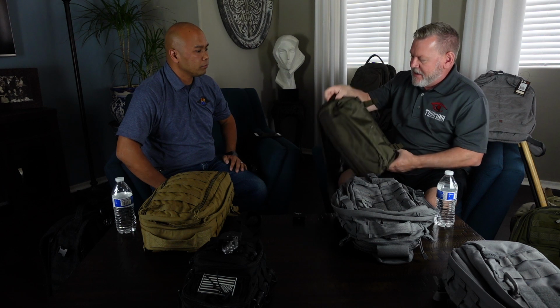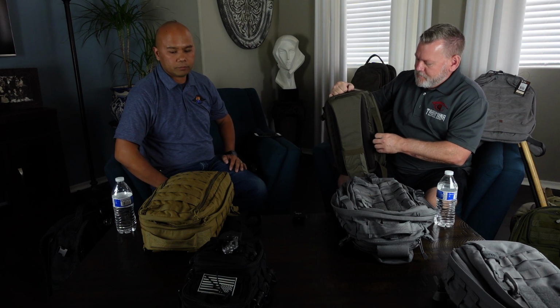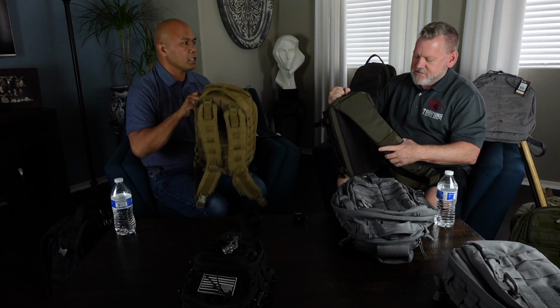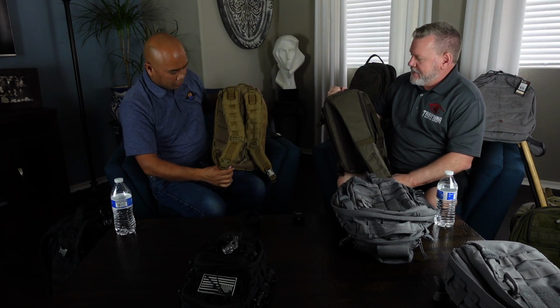I love this bag so much. I love the size of the bag. I love the versatility. I hate the fact that I've got this mammoth sling arm on here, and I can't adjust it at all. It can't go from one side to the other. I mean, I could probably lift a vehicle with this metal buckle, but...